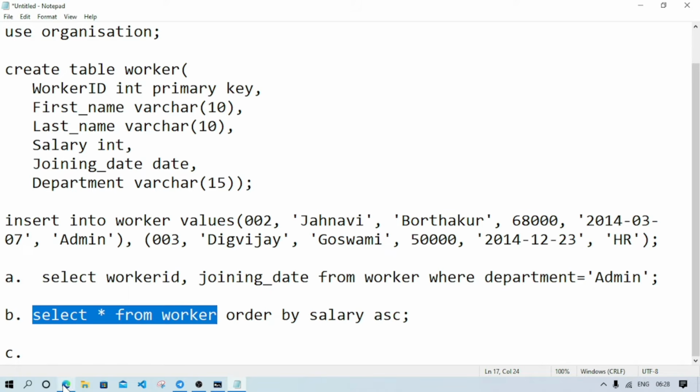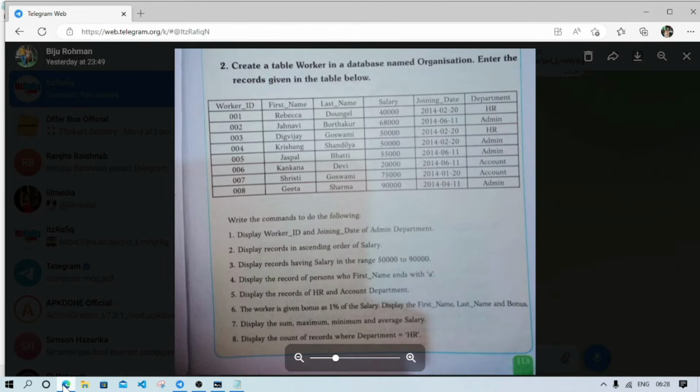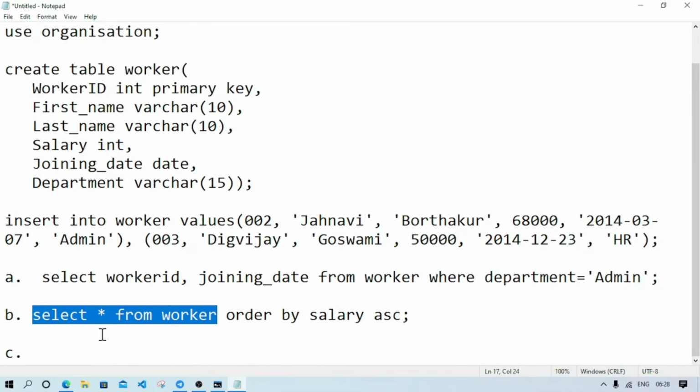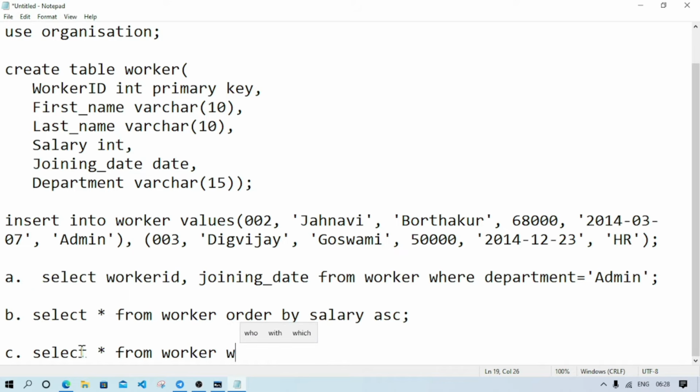Here let's see the question. Display the records. That means we have to display all the information. So select star from worker, where salary